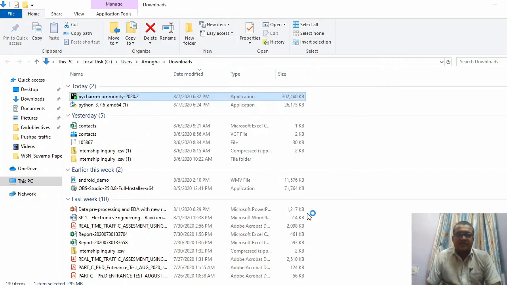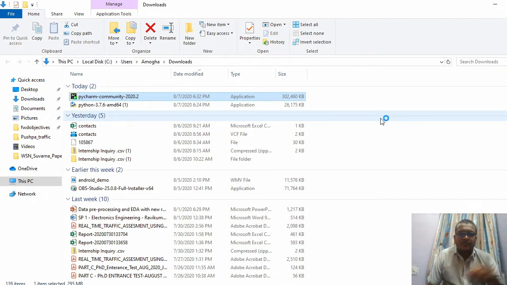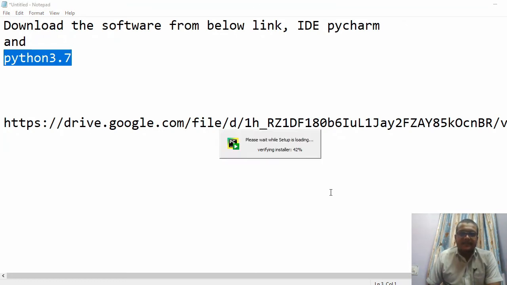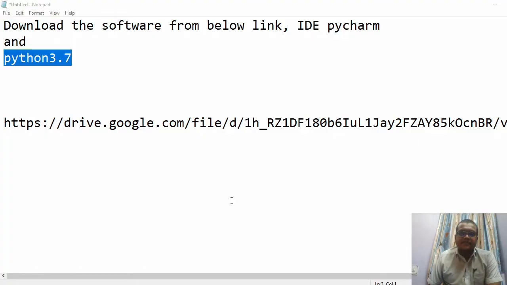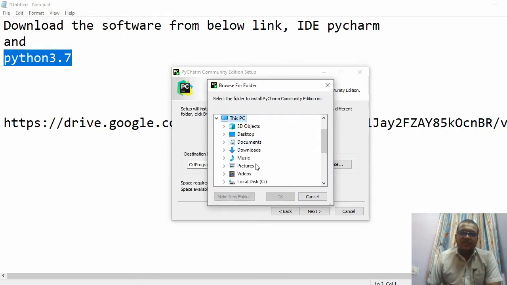Definitely it will take time. Next, for the destination folder, you can browse to the respective folder you have already created for the internship.